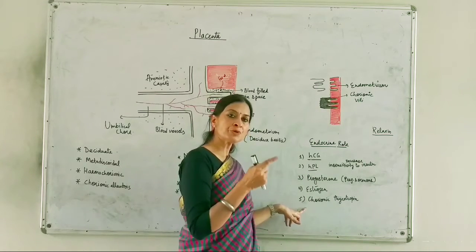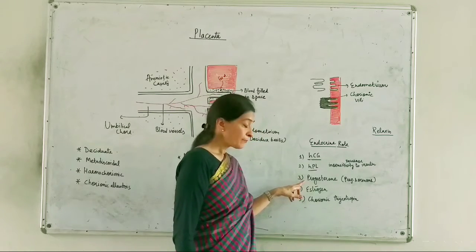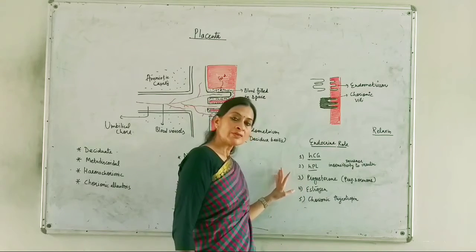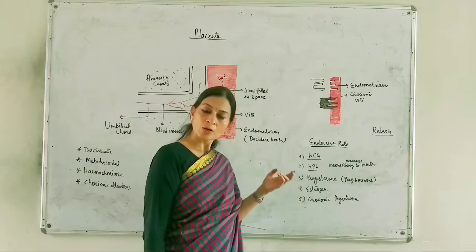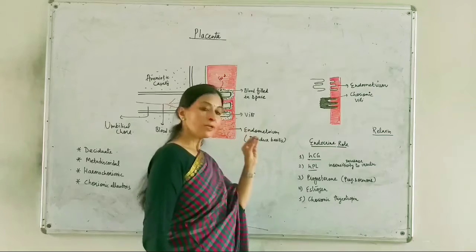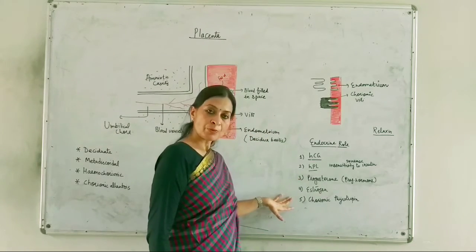These are released only during the pregnancy time. But you also have to remember that during pregnancy, progesterone and estrogens are also released, but these hormones are the regular hormones of female. They are also released when the female is not pregnant. So only pregnancy hormones are HCG, HPL, chorionic thyrotropin, while